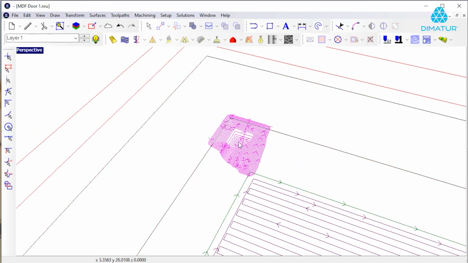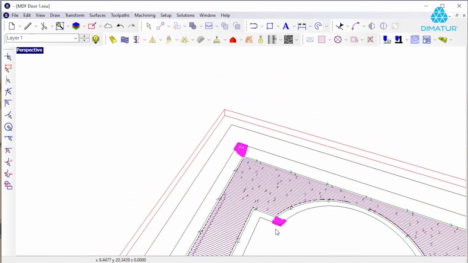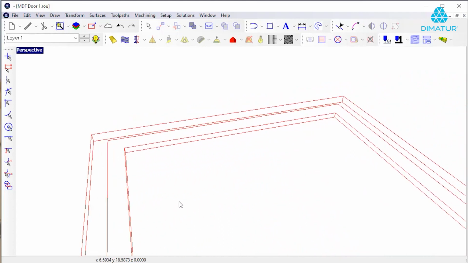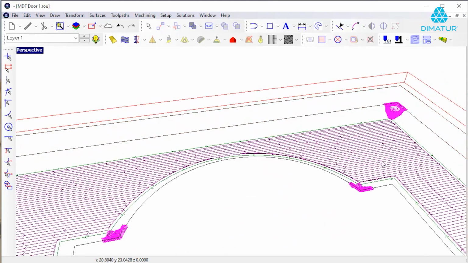It uses the profile of the tool to create a representative surface of that square inside corner, and then applies the ball end tool to that surface in order to emulate that square inside corner. And it automatically finds the corners where that's appropriate, similar to the way a traditional fine tool works. So it has found all of these corners